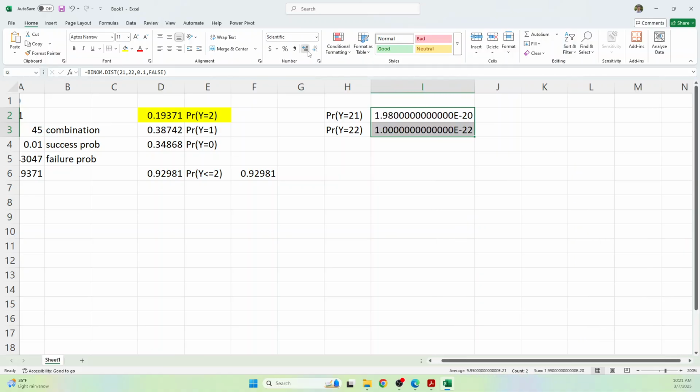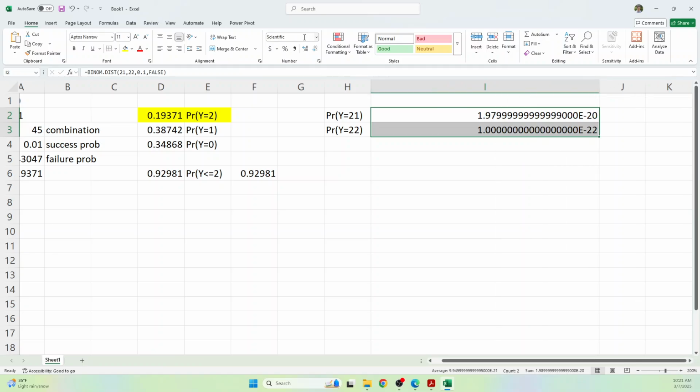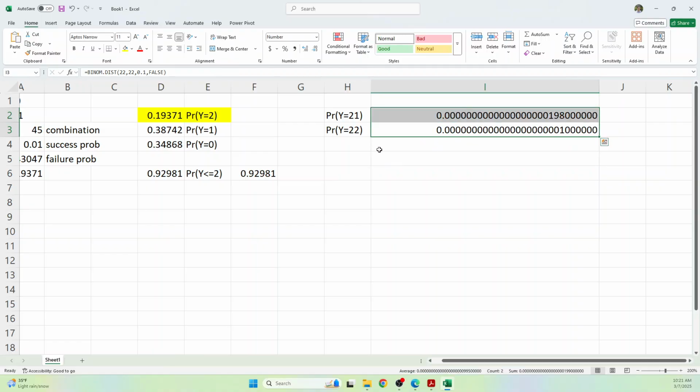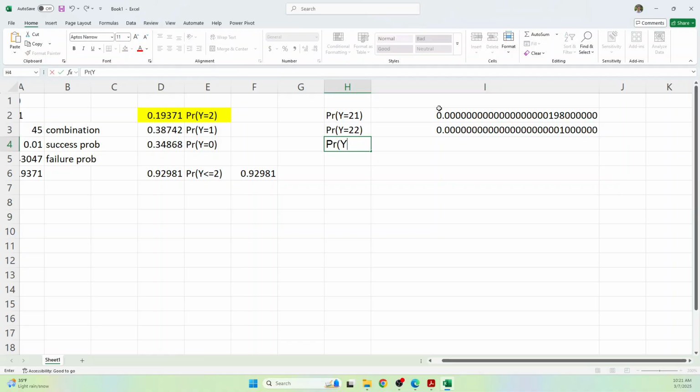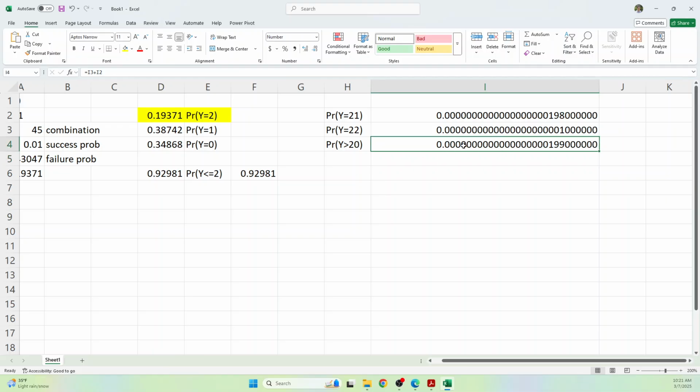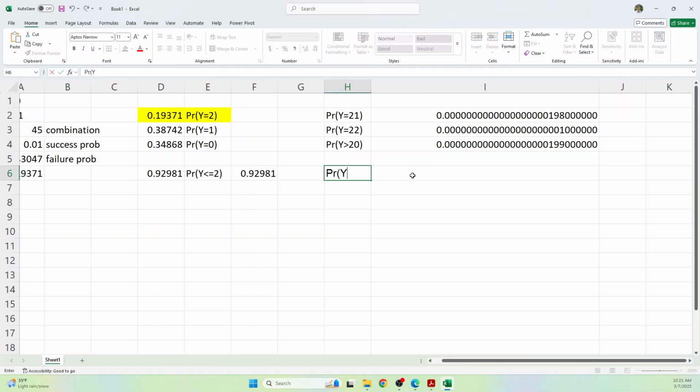If you see this as a number, you are going to get 20 zeros multiplied by some number. Anyhow, it is an extremely small probability. And then the probability y is greater than 20 is the sum of these two. Still a small probability, but a better way to calculate this is